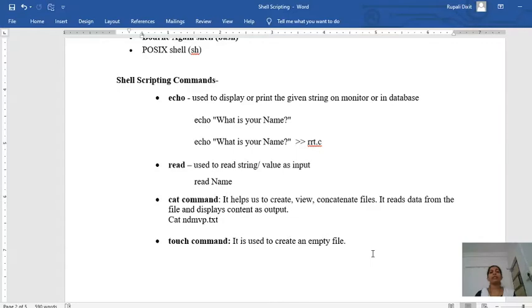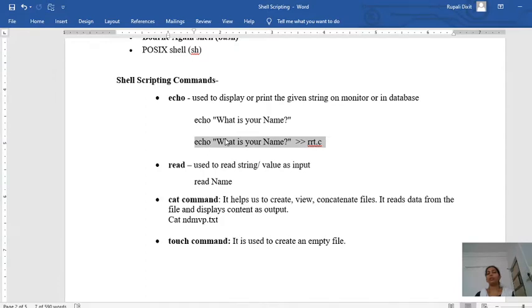So the first command is echo. It is used to display or print the given string on monitor or into the selected file or database you can say. So it is written in two types. If I want to display only on monitor, then I'll just type echo and the string. Otherwise, if I want to display this string into some file, then what I'll do?